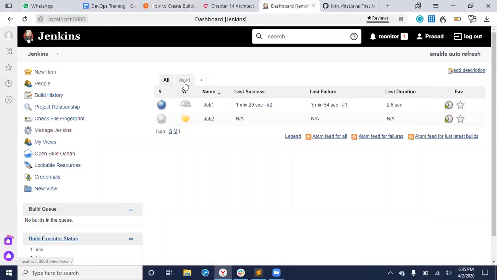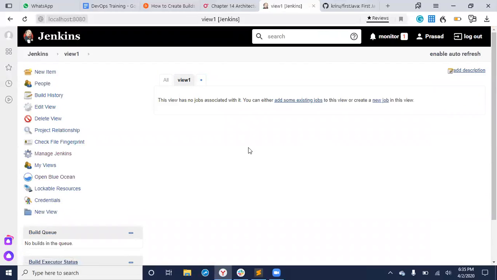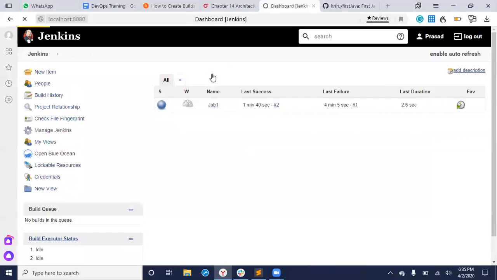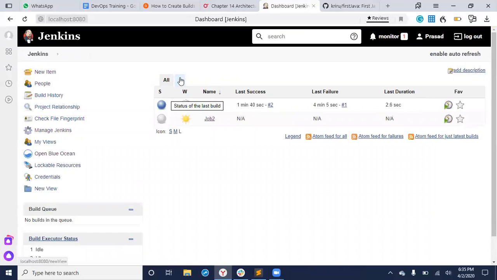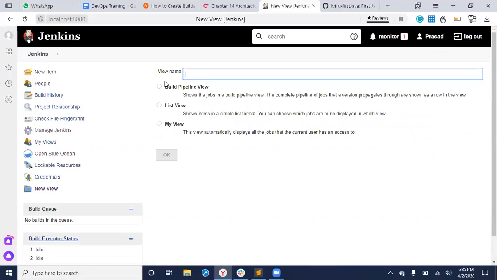Let me create something called a pipeline view for this. First, let me delete this view. I don't want this. Now I'm creating something called a pipeline view. You see this, build pipeline view. This is related to that build pipeline plugin. I'll just say pipeline_view. This is really good.